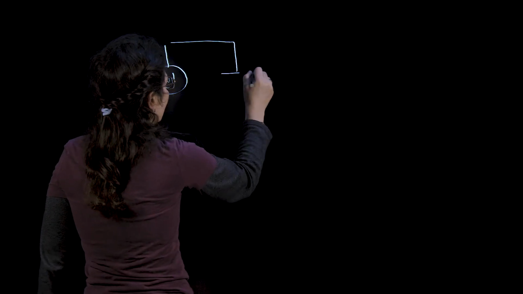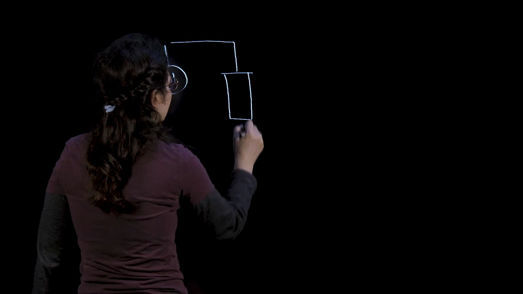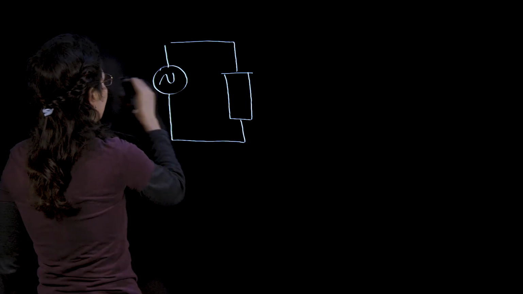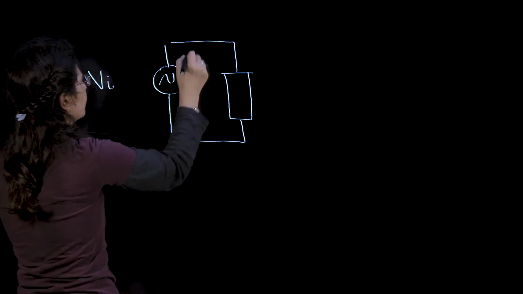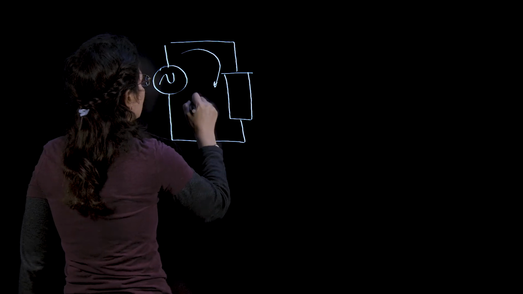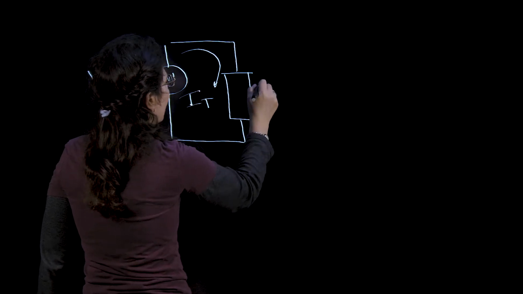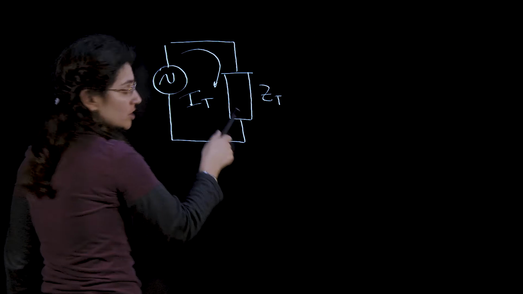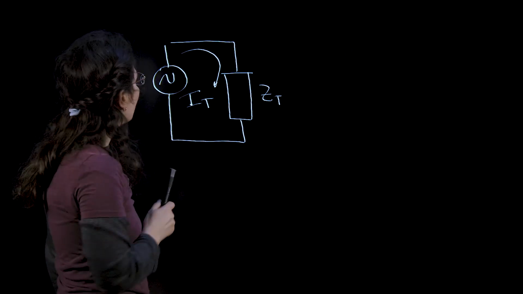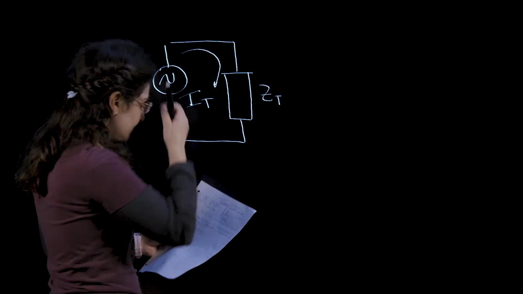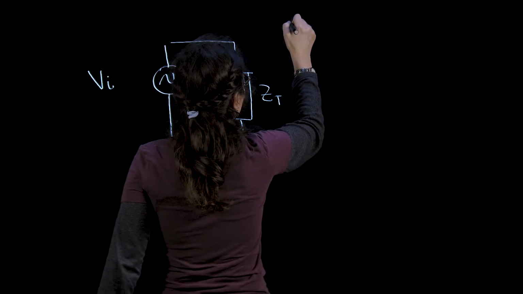Hi, today we're going to be looking at another example about AC power. So, the problem is like this. We have a circuit that has an input voltage, a total current, and an unknown impedance. What we know about the circuit is the total current,